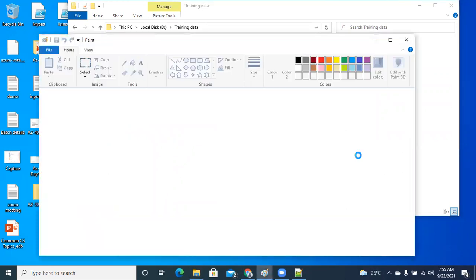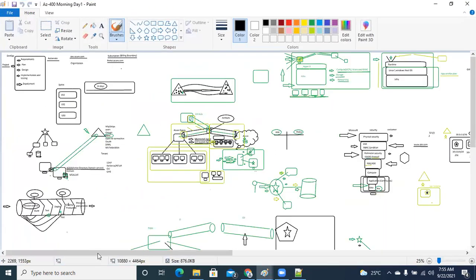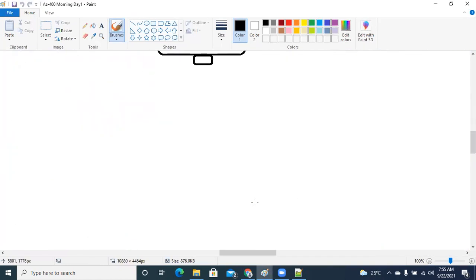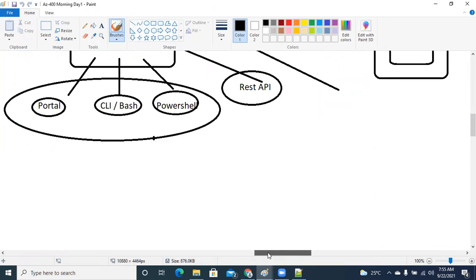As we mentioned, let me go back to that same picture. See guys, we are currently using automation account, so it's nothing but a kind of a REST API that you will be using, right?